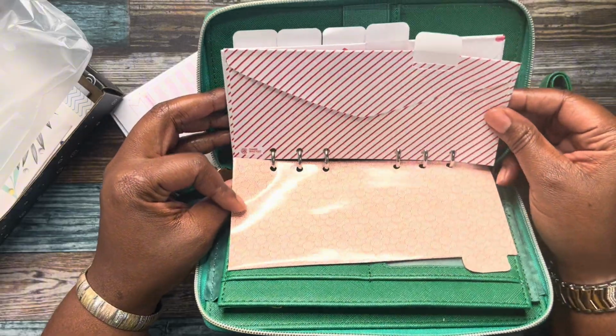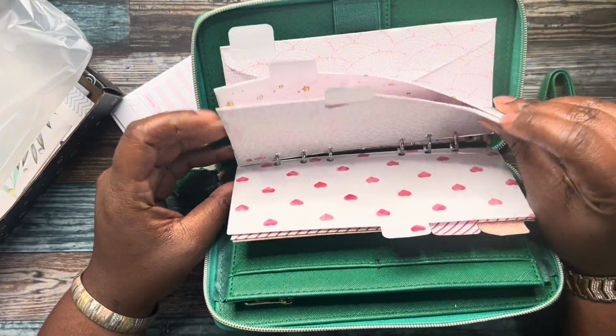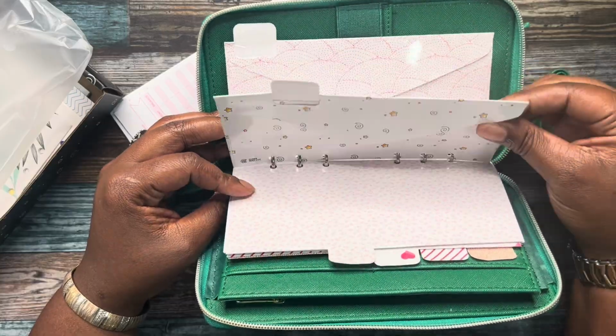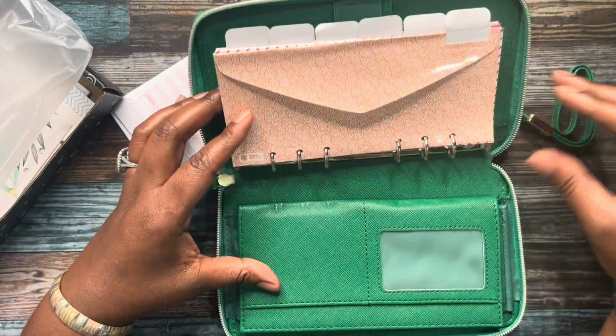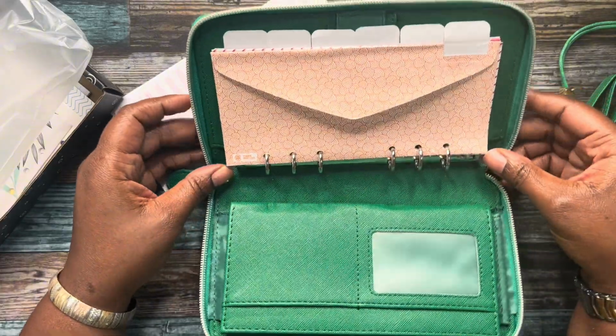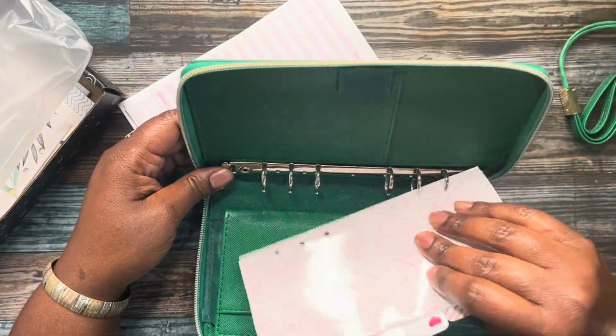But I am definitely not going to use these because I don't like them. I don't like these patterns. And I don't like the feel of them. Now, the only thing just kind of at first glance that I don't like about it, I'll take these out,